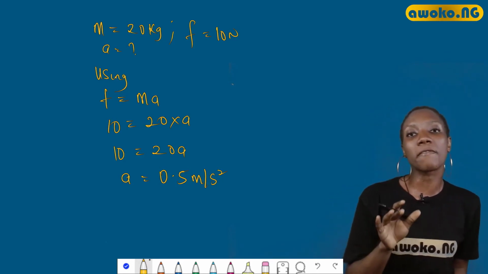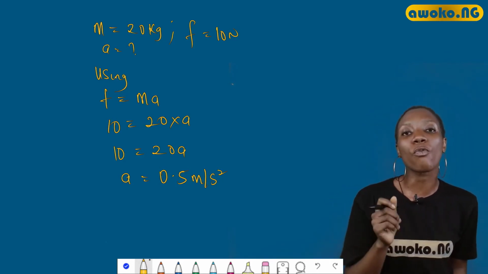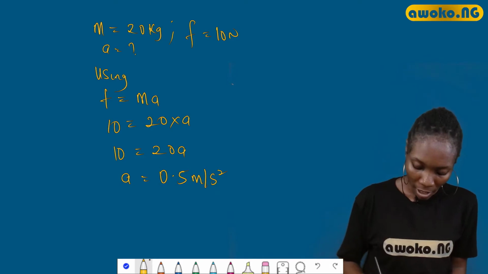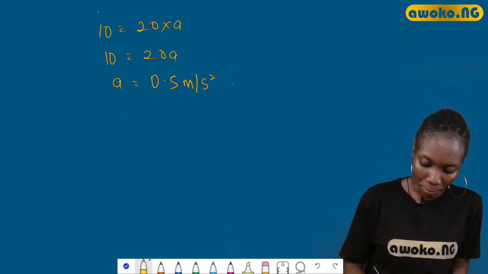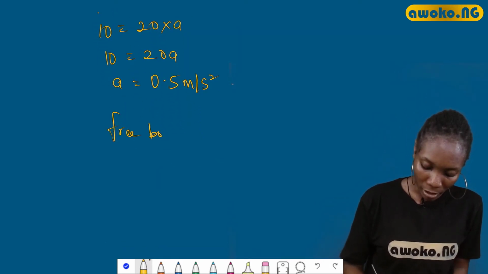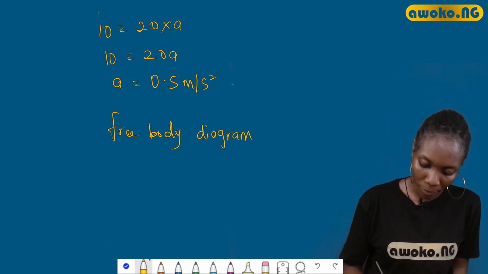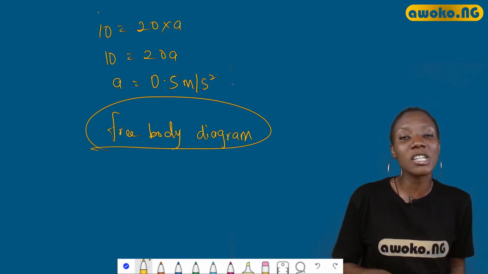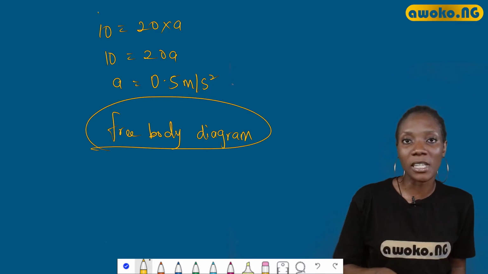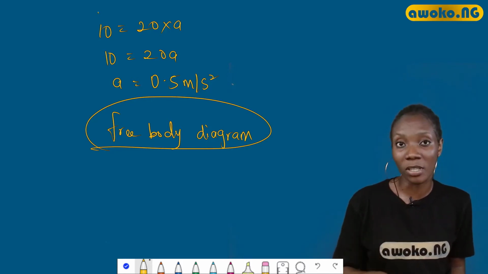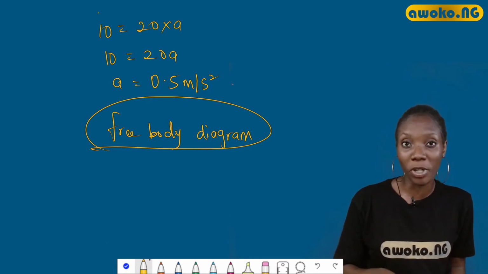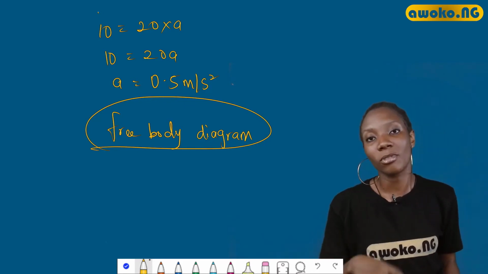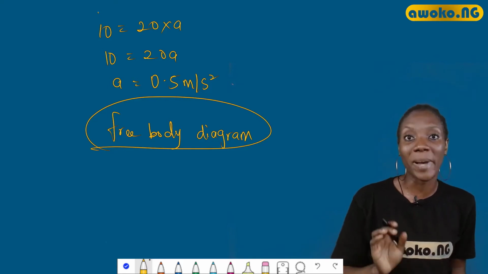So now, in order to do this effectively, we need to make use of what is called a free body diagram. Don't worry, we're going to take lots of questions today. We need to make use of this, and it helps us to accurately solve questions in physics. It even gives you more marks. For exam purposes, if you are asked the question and you draw your free body diagram, you're in that course. That's just the truth for that particular question.